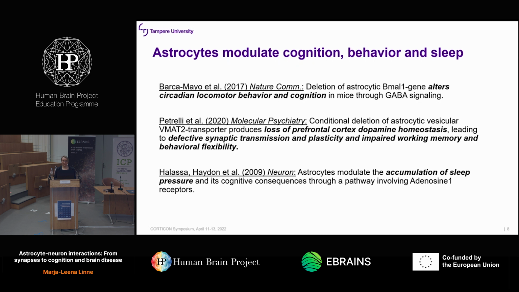So again, from the Alfonso Araque group, Navarrete et al. showed that astrocyte calcium signal is necessary for cholinergic synaptic plasticity. This is, I think, in hippocampus, if I remember correctly. And then in the very fundamental work by Min and Nevian, they showed that astrocytes modulate long-term depression in developing mice. And of course, these studies don't tell us how this happens, but from a lot of other publications, we can get an idea that very complex signaling between astrocytes and neurons is happening.